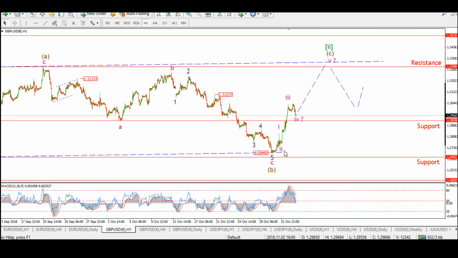Here's the hourly chart. You can see that you could move this 1-2 pattern maybe up slightly, but again, it doesn't really matter in terms of pattern, because I can see that today again is most likely an expanded flat, so you can see that that's probably a 4th wave, and then we should get an extension higher in wave 5 to complete wave C. So next week,